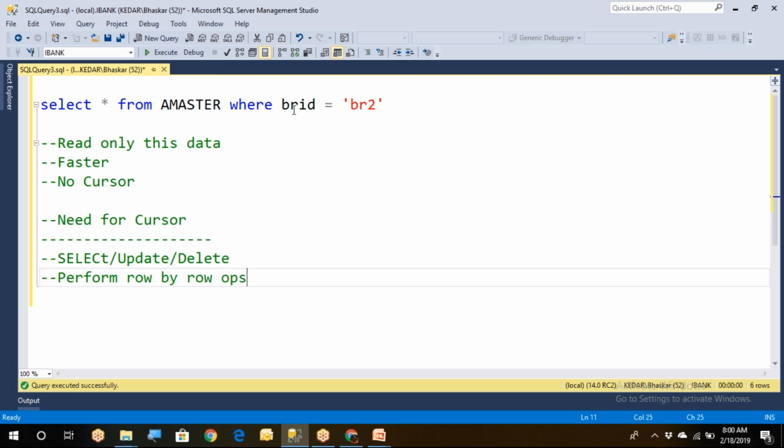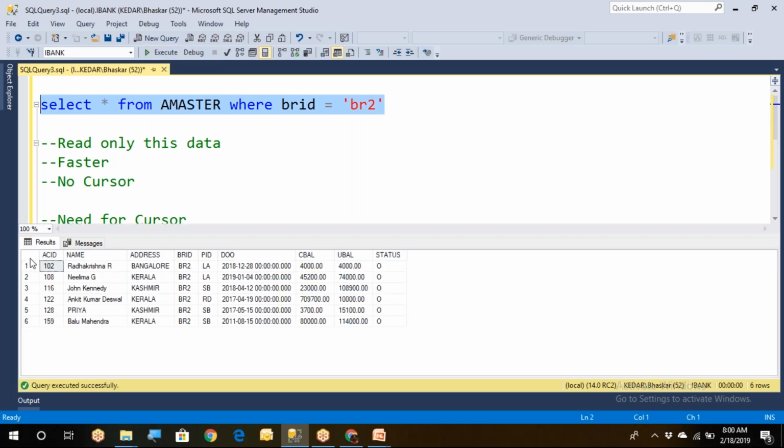Row by row operation means SQL Server would normally give me all the data at a time. But I don't like that. I want a single row, then I need the second row, then the third row. I want to get the next row. This is what is called a looping operation. So if you want to perform a looping operation, row by row, then also normally we are going to